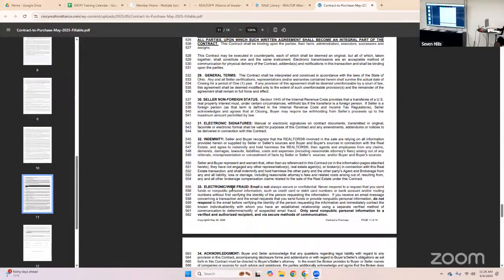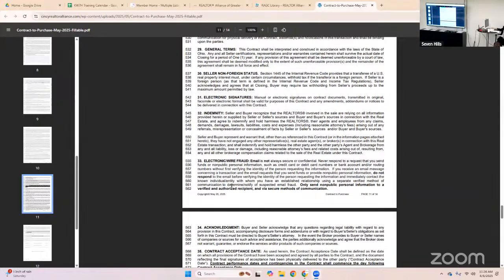Should we read through that together? Or are we good? Indemnity is basically a hold harmless for everyone involved in the transaction. At the same time, it really doesn't hold up. So let's look at that as a reminder to be careful with everything we do, because whenever we're saying they're holding us harmless, they don't necessarily have to. Section 37 is buyer certification.